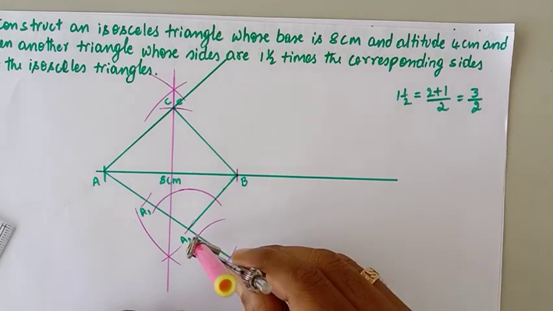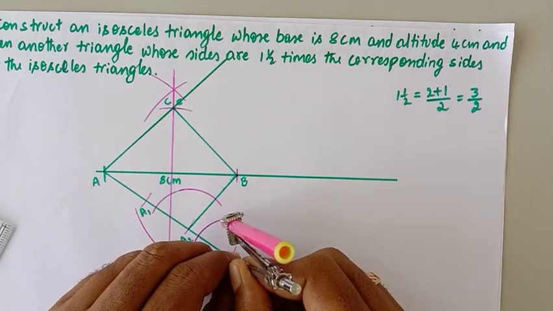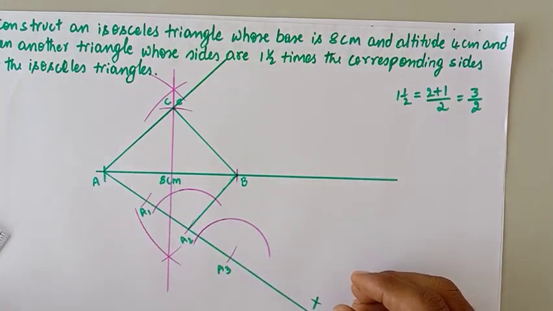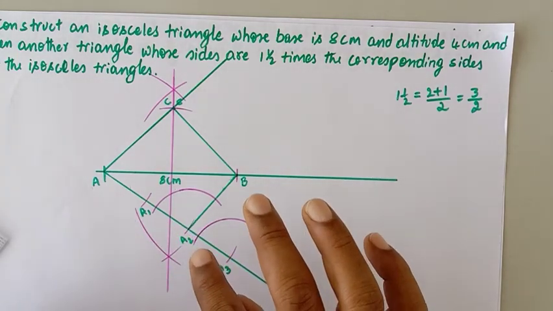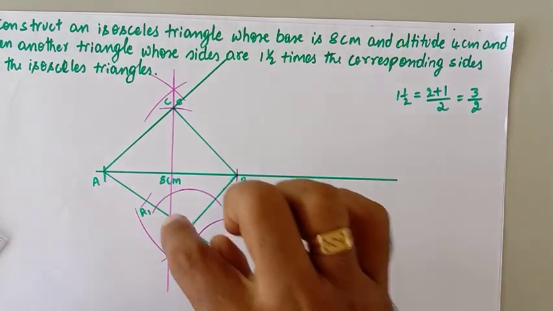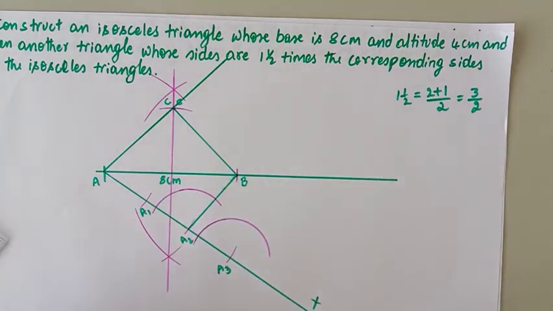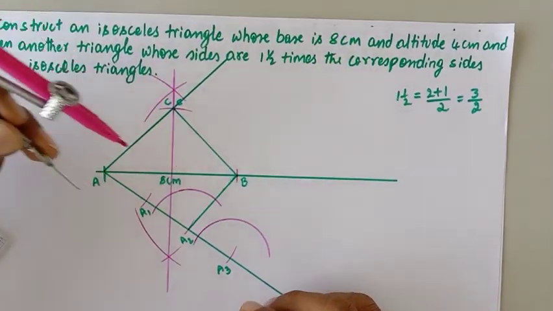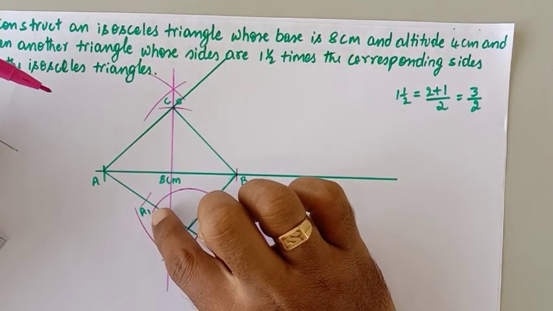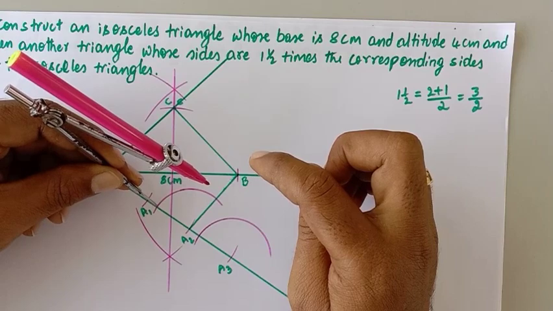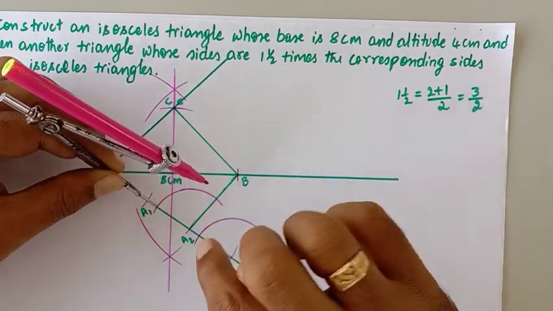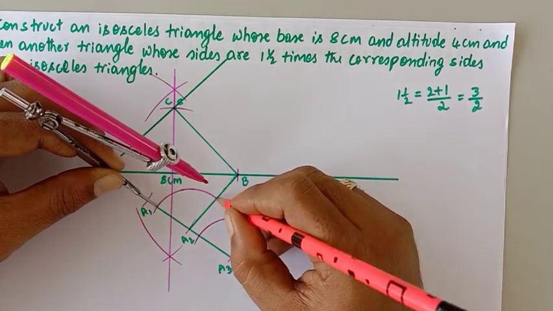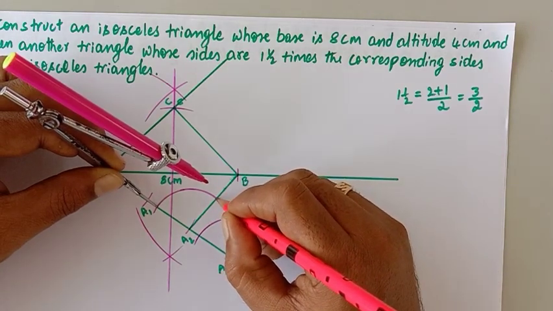AX also should be cut, and yes, I have completed the drawing of the arc. I have drawn 2 arcs here, and then afterwards you be careful. I will adjust. I will take the point here. This point has to be taken, and the point here which is formed, the point we got from the